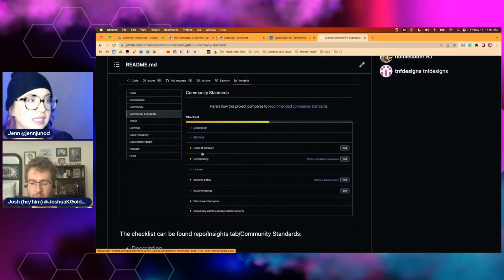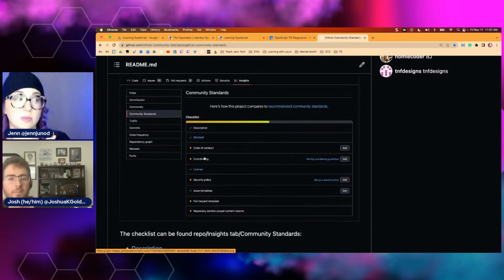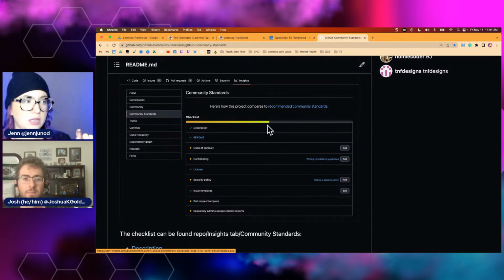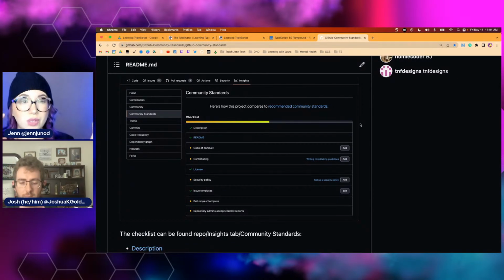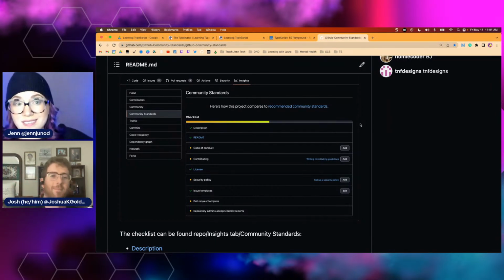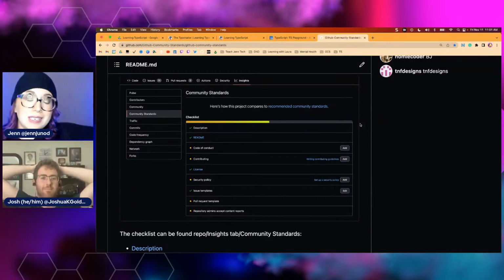And yet it doesn't show you the health of all of it just by looking at it. It shows you just this bar, and it doesn't really always give you access to where you can find all of these or examples. And that's what we're building. And we are using TypeScript to do it.